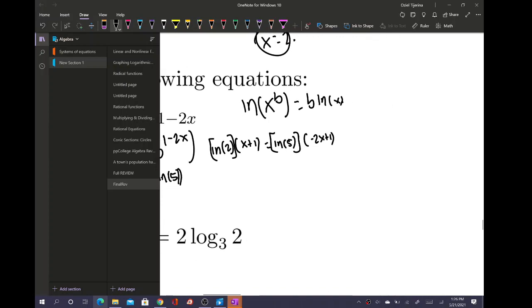This is equal to x ln of 2 plus ln of 2 equals negative 2x ln of 5 plus ln of 5. So then you go ahead and add 2x ln of 5 on both sides, right? And then you say,